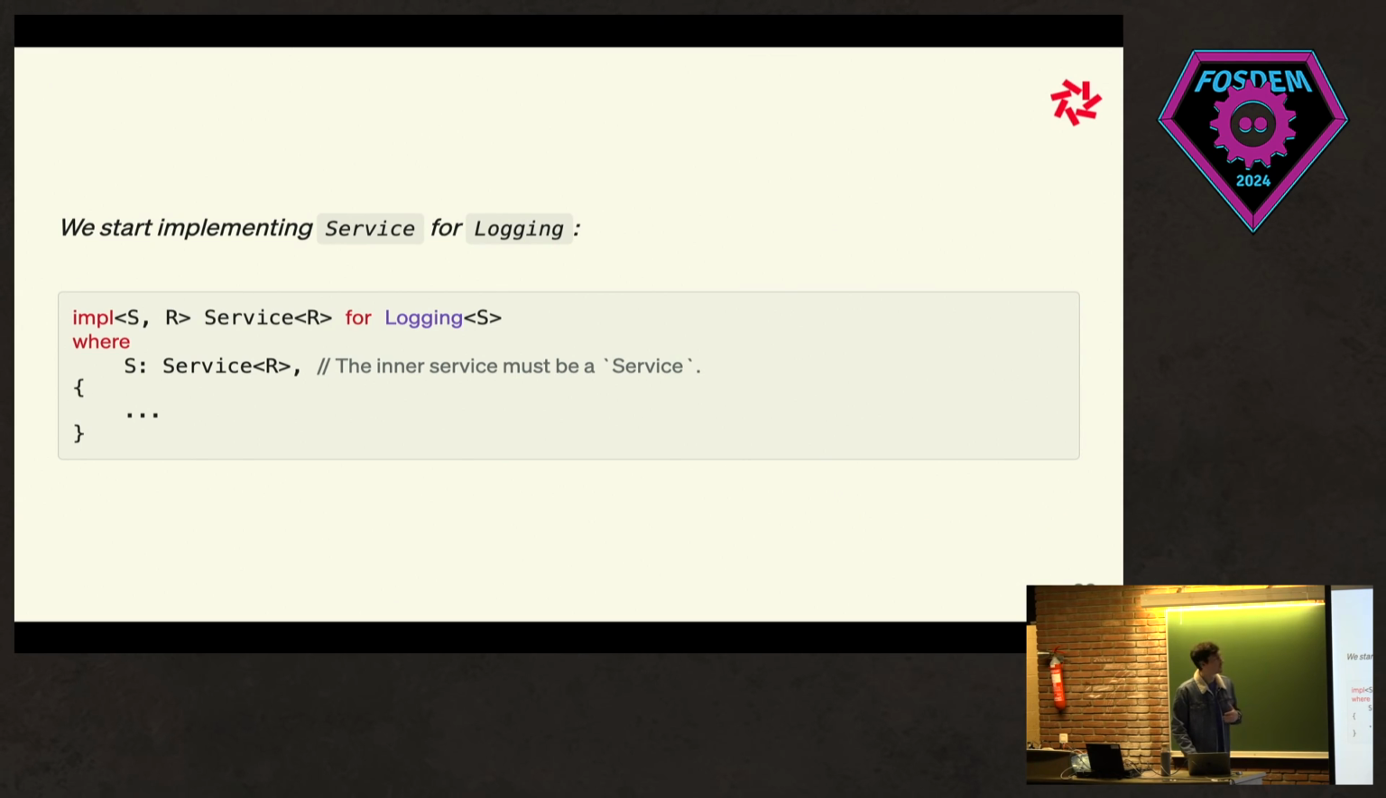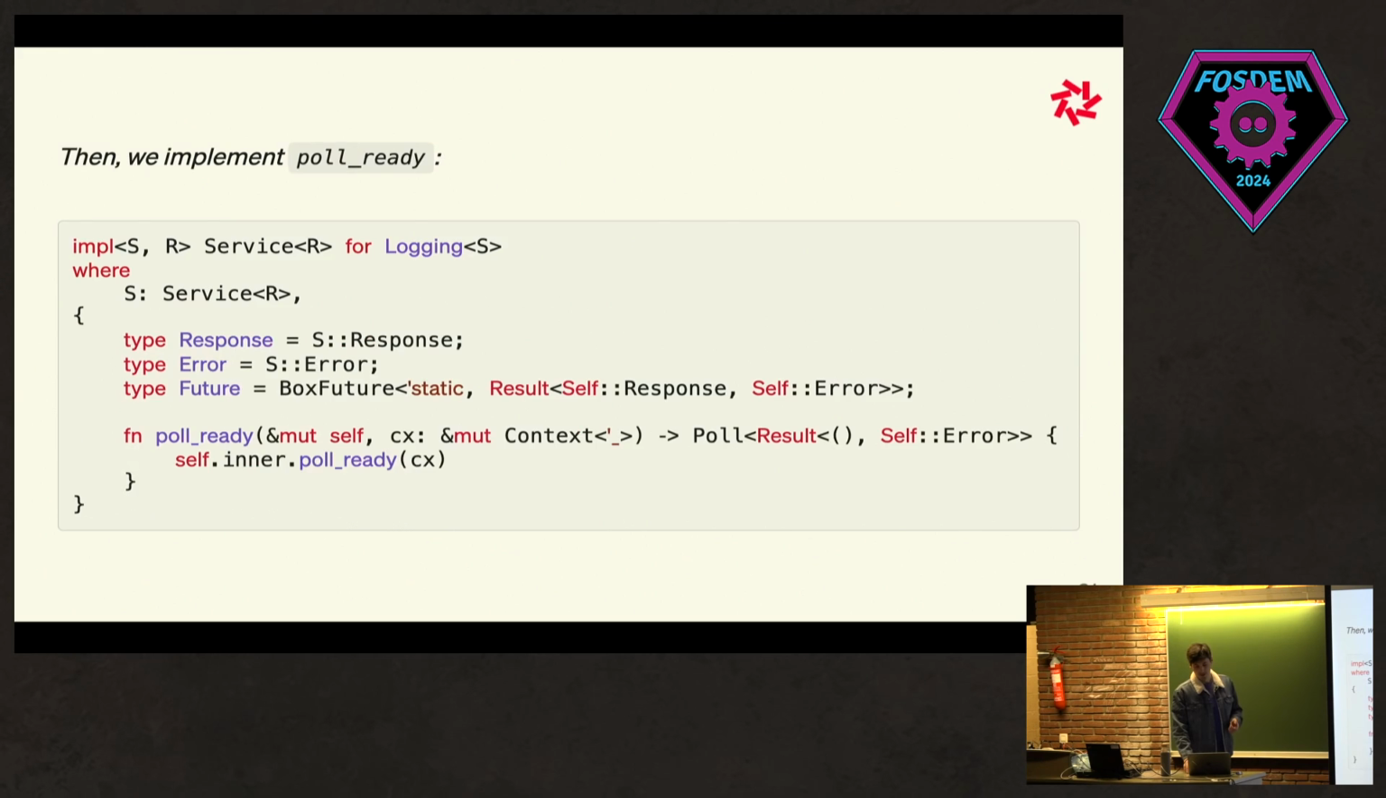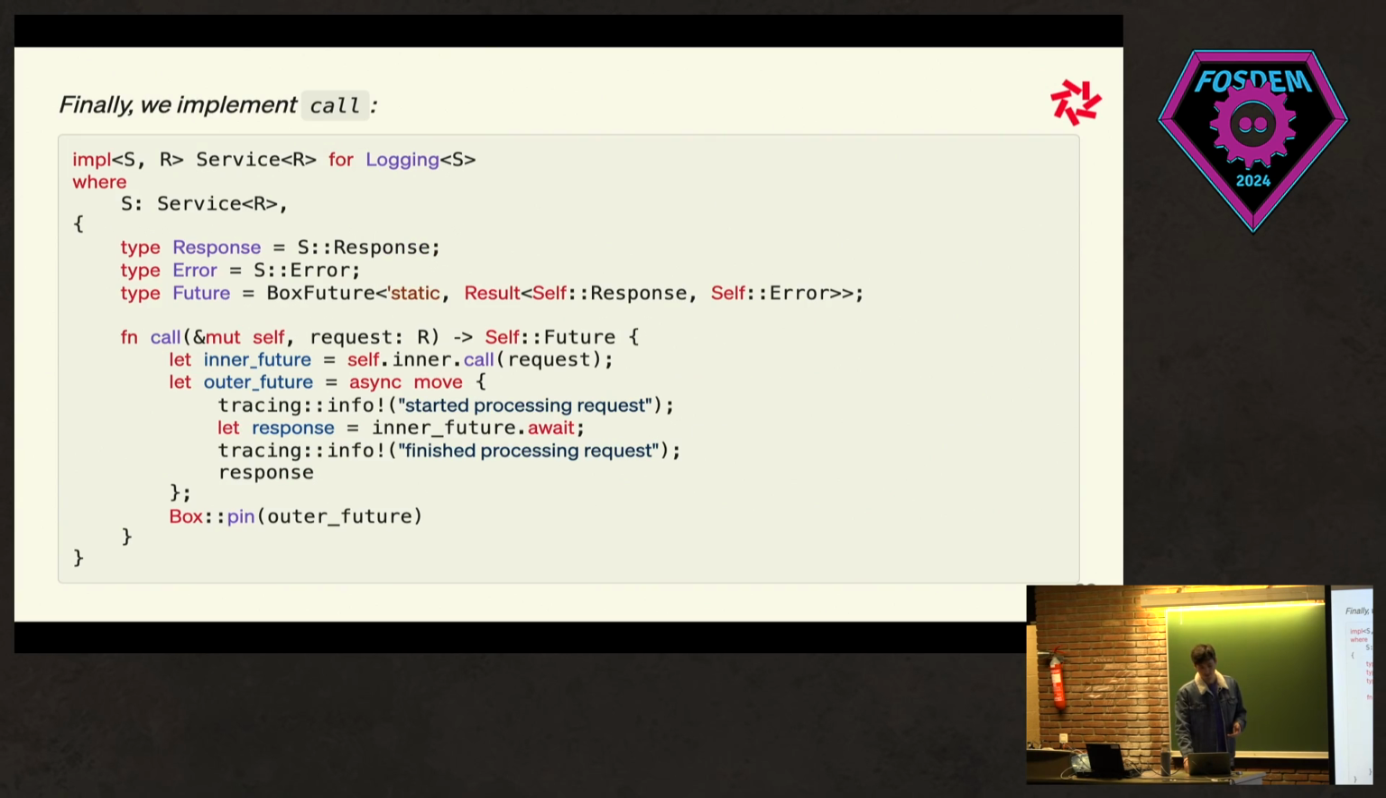What we want to do is call on the inner service, and we can only do that if it's a service itself. So we need that bound. And we say the inner service is also a Service generic over R, our two generic types here. Then we implement poll ready. We delegate to the inner service, pretty straightforward. And then we implement call,